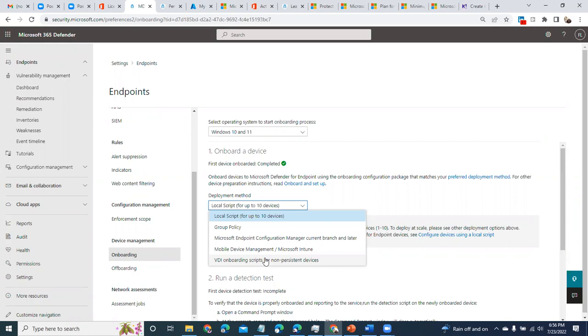If you understand the concept of non-persistent VDIs, you know that they do not really have storage, but you want to be able to detect when those devices are interacting with the network, because we all know that we have malware that runs in memory, which non-persistent VDIs are prone to, and they can perforate the network. So Microsoft Defender for Endpoint has onboarding scripts for those kinds of scenarios.